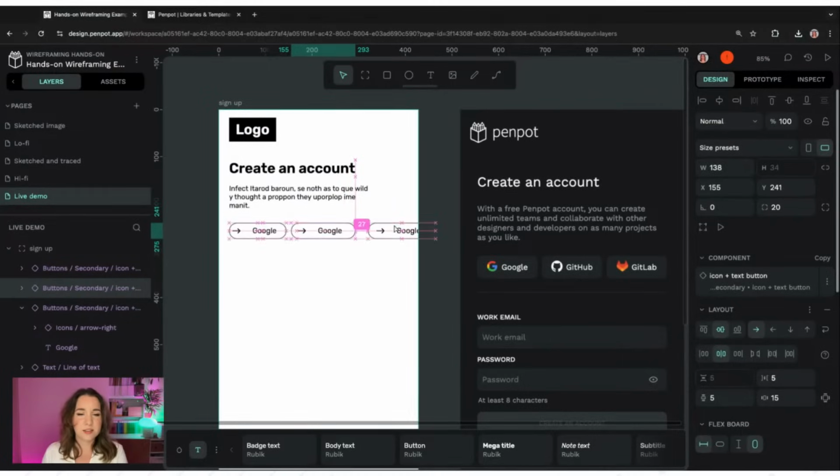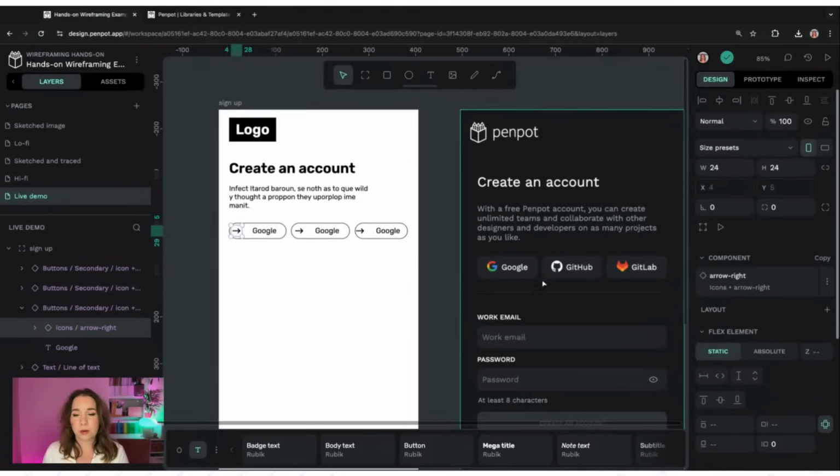They're not going to be evenly sized. I'm really going for a lo-fi wireframe, and that means I don't need to be worrying about distances and alignments. It's really tempting to just align everything really nicely and neatly, but that's not the point of a wireframe. I mean, you want it to look presentable, but you don't need to worry about making it look perfect. And I'm not going to worry about doing the icons for Google and GitHub and GitLab at this point, but